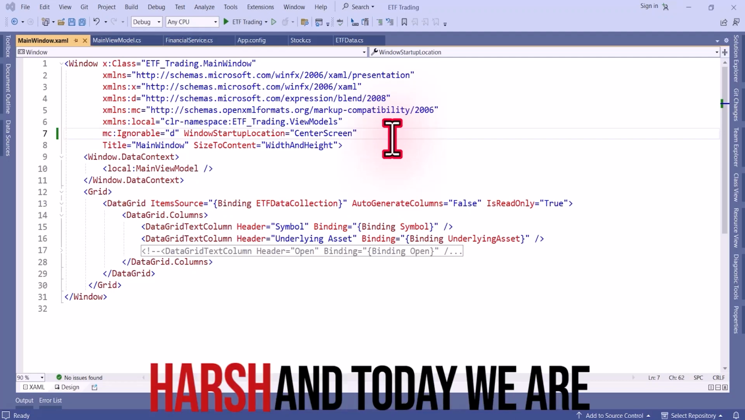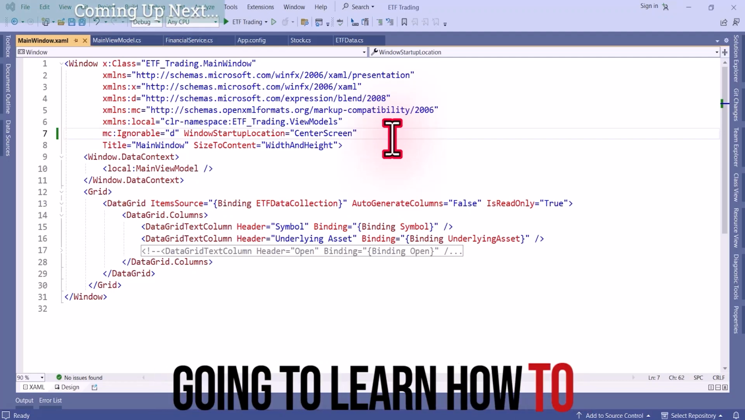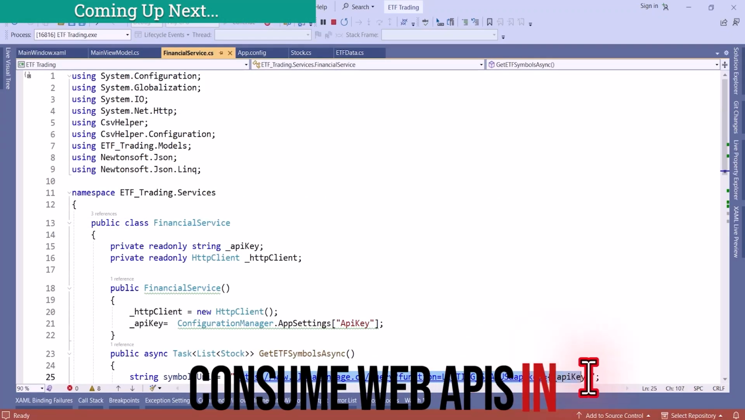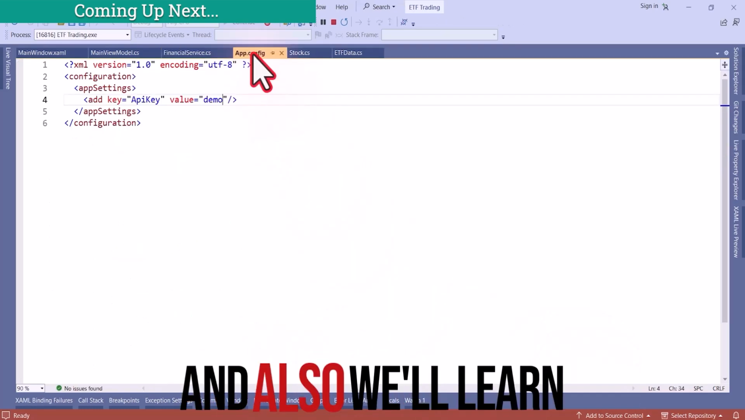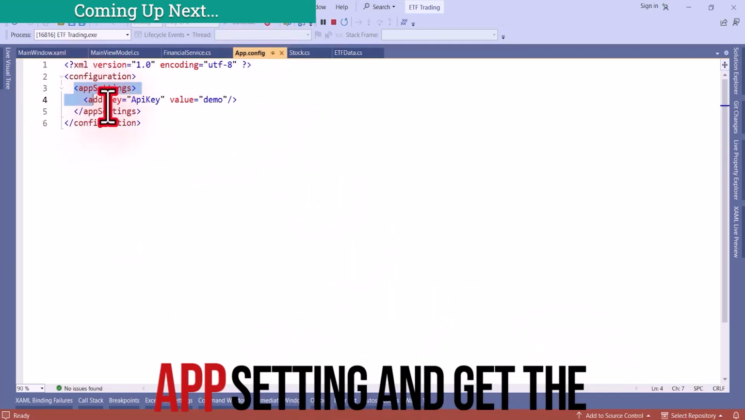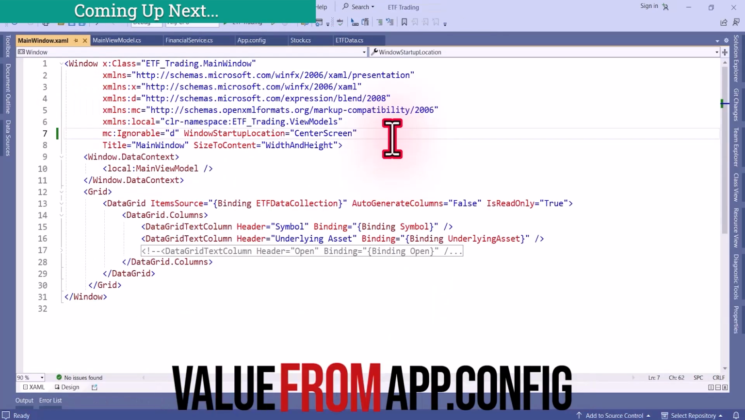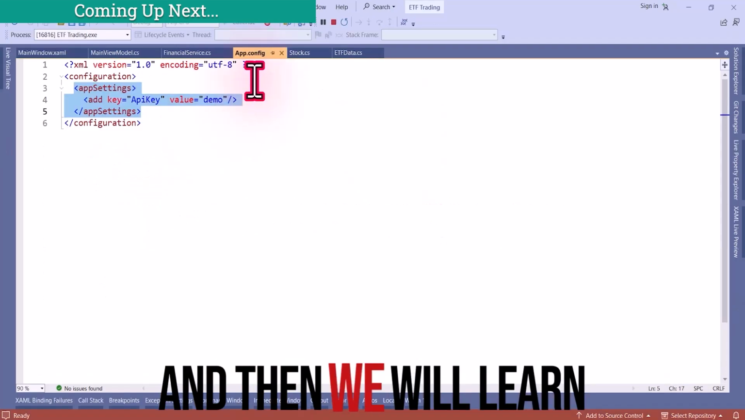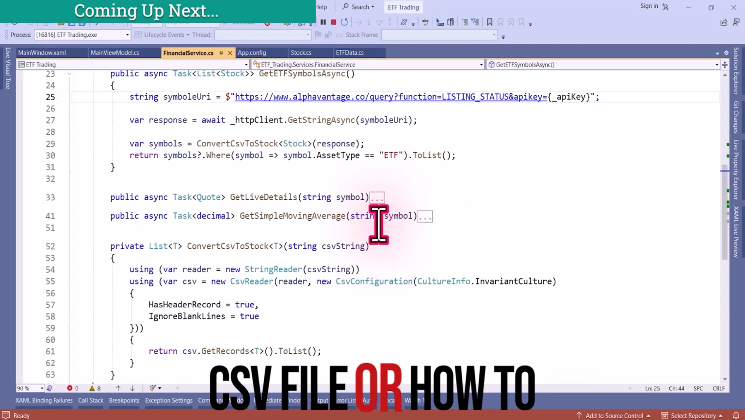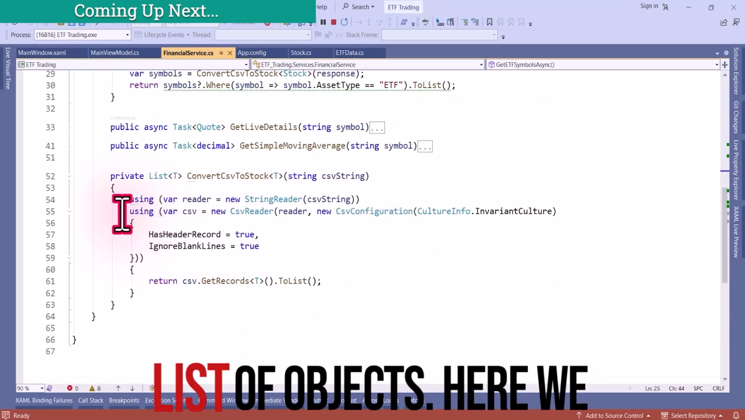Hello everyone, I am Harsh and today we are going to learn how to consume web APIs in a WPF application. And also we will learn how to configure the app setting and get the value from the app.config file. And then we will learn how to read the CSV file, or how to convert CSV content to a list of